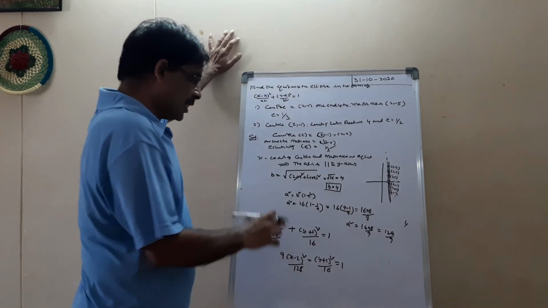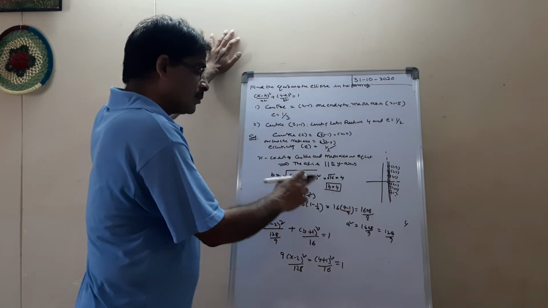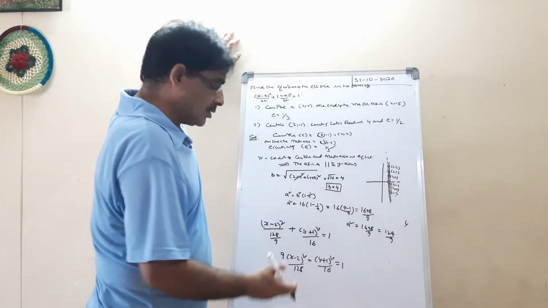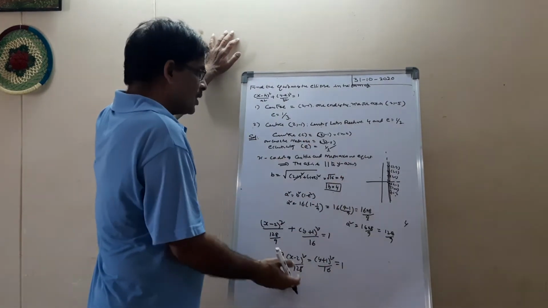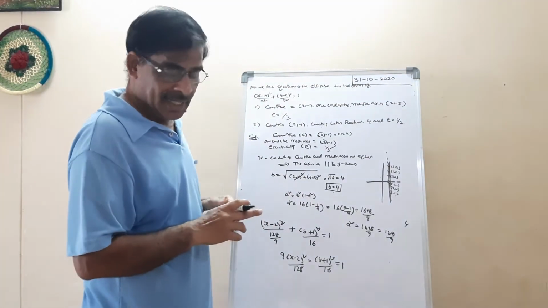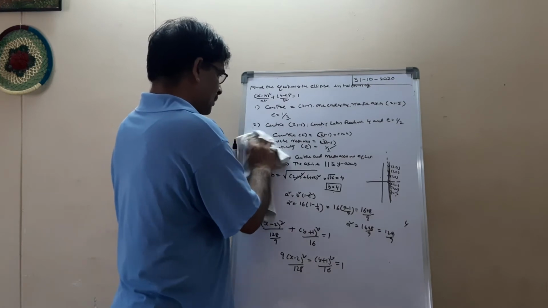Once again, you find the value of b, and from that you find b square, and with this relation you find the a square value. You can get a square and b square. Already you have h and k values. You substitute in this required form of the ellipse, you can get the answer. One more bit is given to you. What is that one?